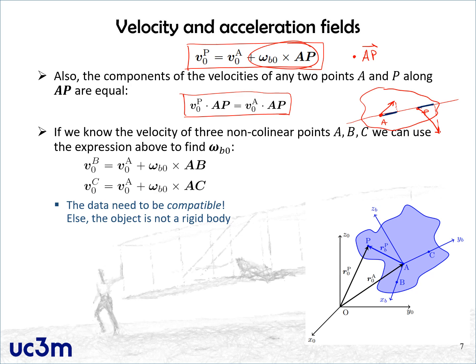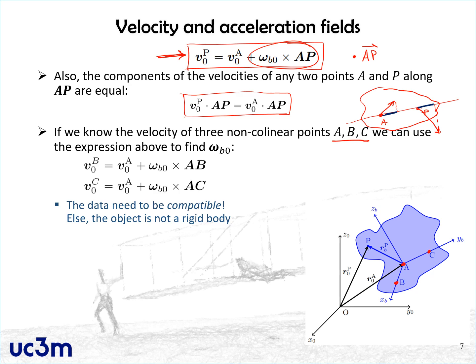Now, one interesting thing that we can do with the equation for the velocity field is to try to find out what is the motion of the rigid body if we have enough information. This can be done in many different ways depending on the information that you have, but the velocity field equation is the expression that you want to use in these cases. So imagine in particular that you have 3 points, A, B, and C, of which you know their position and you know their velocities. In the drawing, these would be the 3 points. The only condition that we are going to impose for this particular exercise is that the points are not collinear,